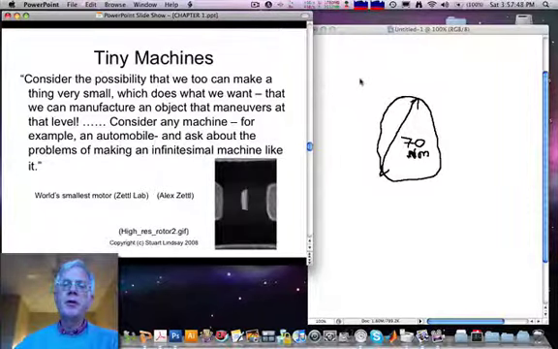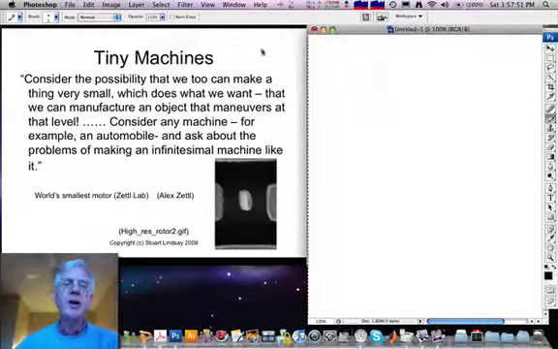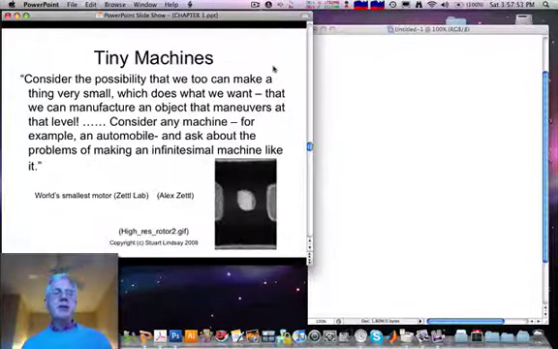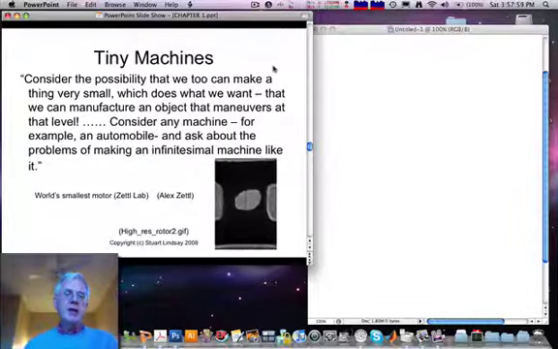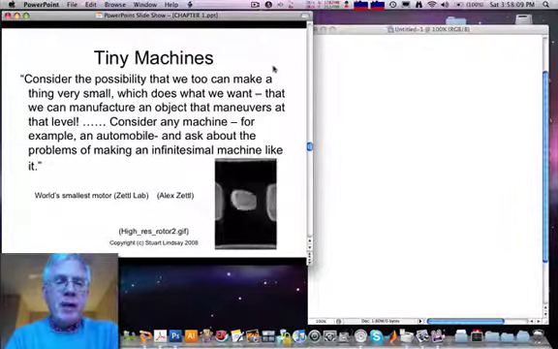Feynman went on to talk about making tiny machines. He actually said, well, perhaps you can make machines like automobiles and just make them by having a machine make a machine that's smaller than itself, which then makes a machine that's smaller than itself, and so on. Well, we haven't quite realized that manufacturing capability yet, and as we'll discover in Chapter 10, biological machines work on fundamentally different principles because of the important role of fluctuations in systems that are that small. But you're looking here at the world's smallest motor.